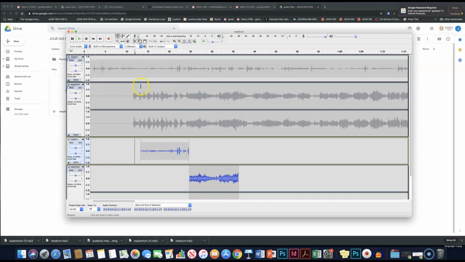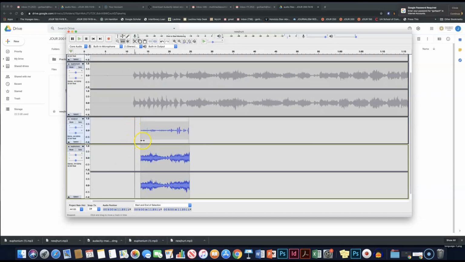okay, so you can see, or if I move it so that it's like this, I don't know why I would want this cacophony, but if I did, and now I were to listen to it,